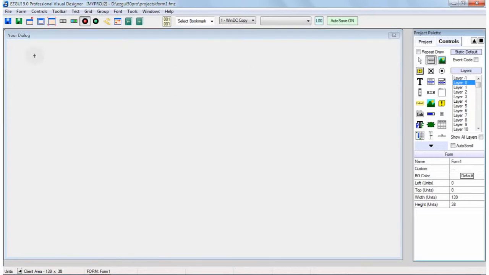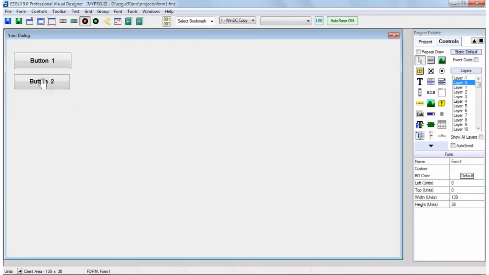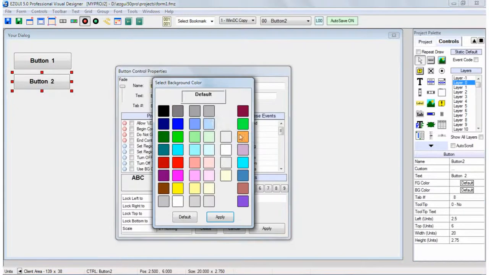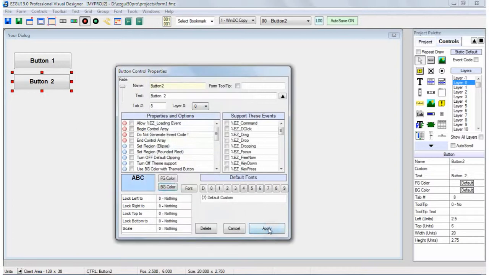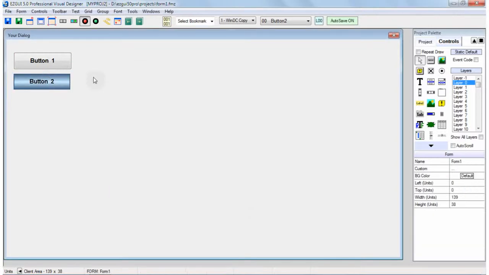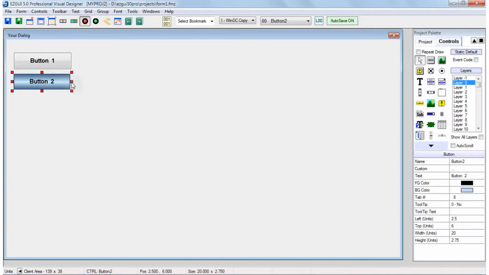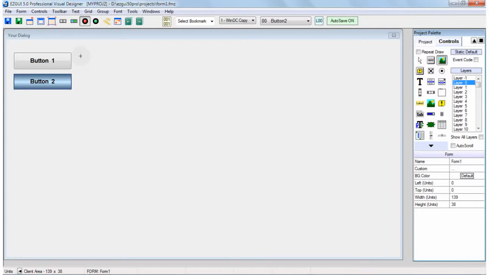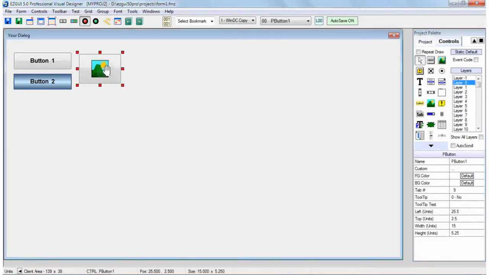You have a regular button control. And remember, a button control can be on or draw. You just select a color, and we have a unique colorized button control, so we really get multiple controls out of this one control. We have the picture control, which is basically a button control with a bitmap picture in there, and that bitmap can be changed